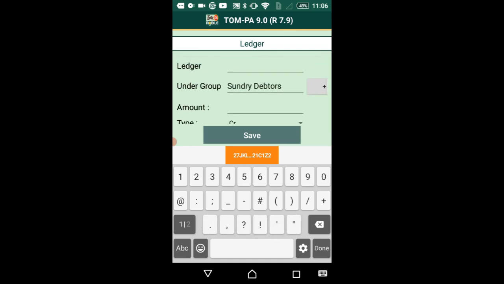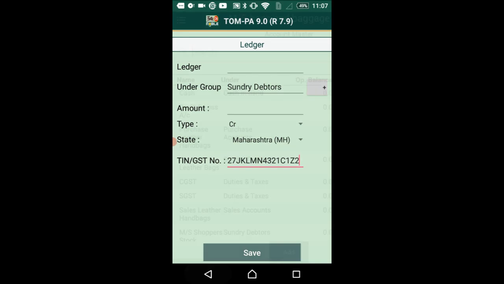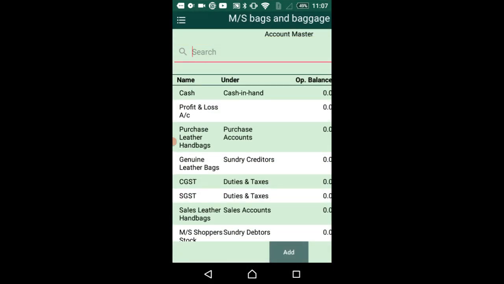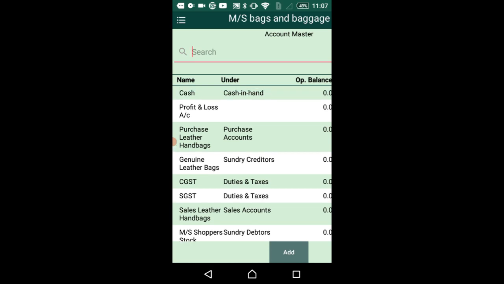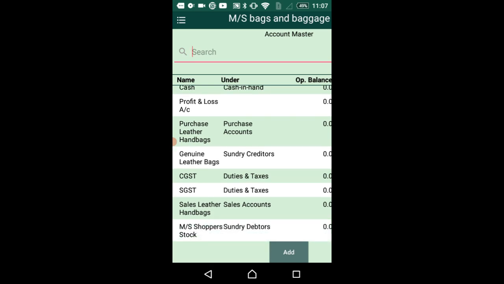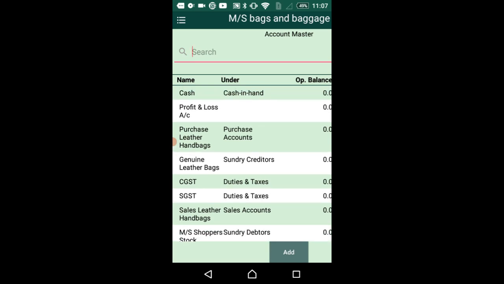As both the transactions are within the state, we do not need to create IGST. CGST and SGST are the only ones required in both transactions, and we have created them earlier. After finishing this, go back. Here you can see all the ledger accounts which you have created, the list and their under groups. Go back